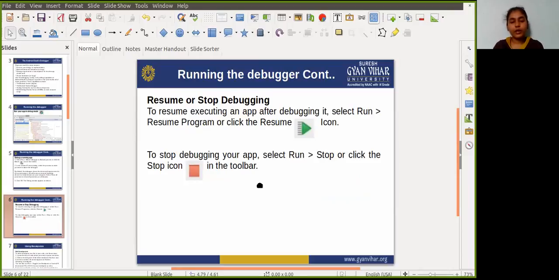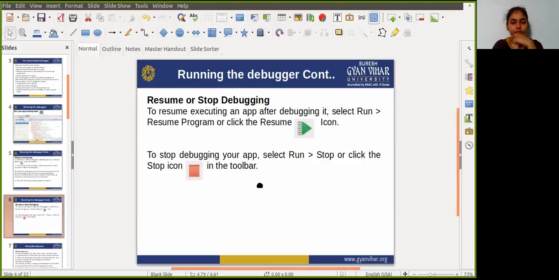By using a breakpoint you can also debug your app. For that you just need to add a breakpoint to a line in your code. Use these steps: first, locate the line of code where you want to pause execution.